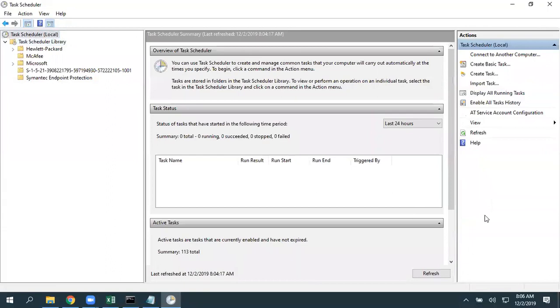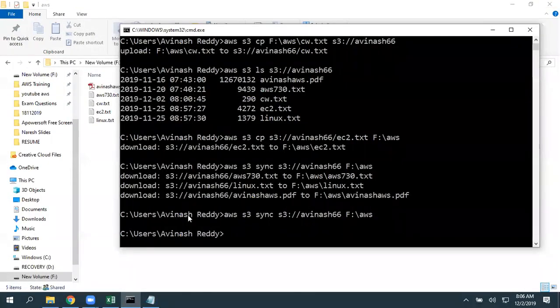Okay. So that is how you use this command to maintain replicated data. So let's try to replicate from our local machine to S3: aws s3 sync, then s3:// and your bucket name.